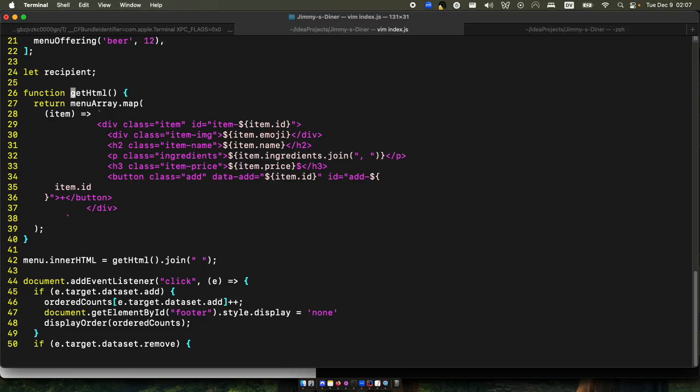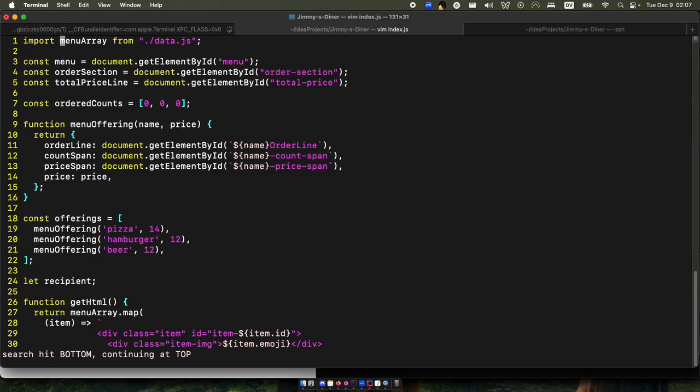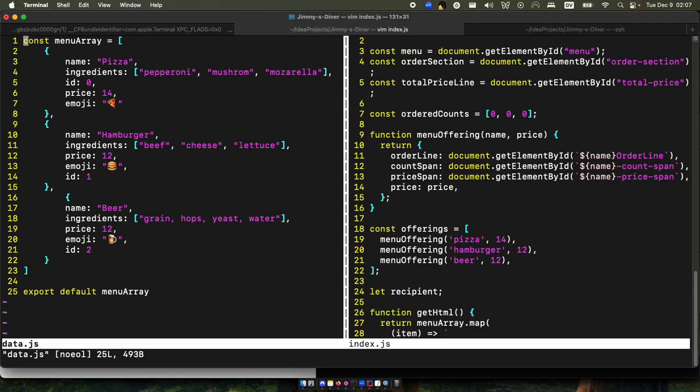Okay, get HTML, not a good name. Get button, not button though, it's not a button. Okay, what's menu array? Oh, okay. It's a whole thing that I didn't look at. Oh, nice. That's amazing. Cool. So now we don't even need this crap,